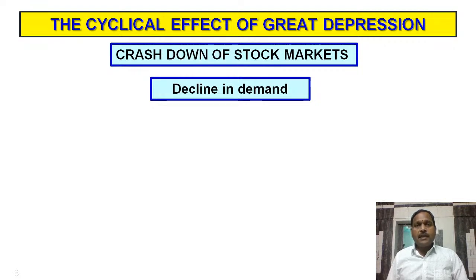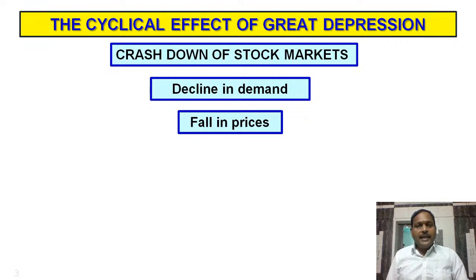First, when the stock market crashed down, all the investors stopped their investing. So many factories which are to be established won't be established. Next one, the persons who have money want to save themselves and keep the money with them. So they want to cut down their expenses, hence the demand declined in USA.